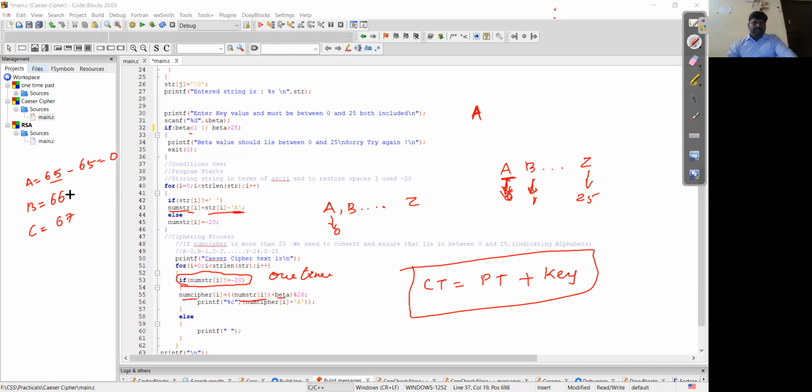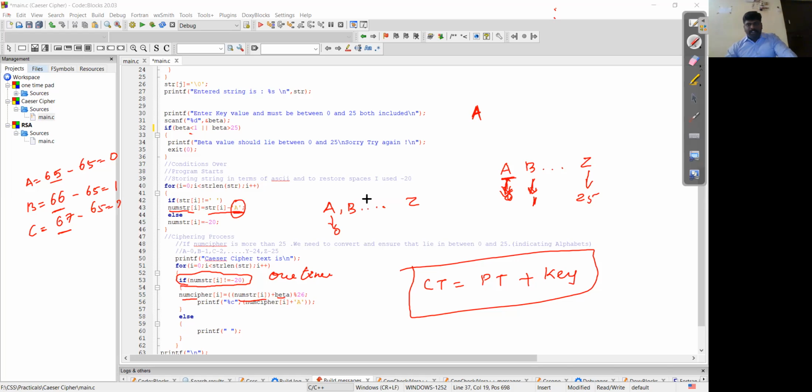Okay. So when we talk about B, the ASCII value of B is 66 minus the ASCII value of A, which is 65. I'll get 1, so B is mapped to 1. Very similarly, the C value is 67 minus A's ASCII value, which is 65.